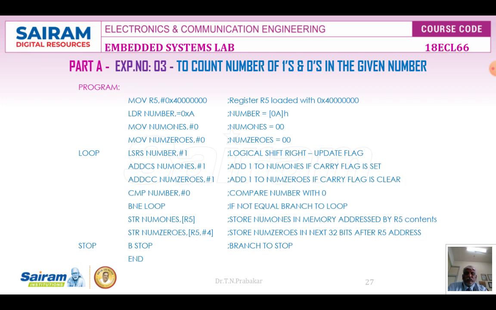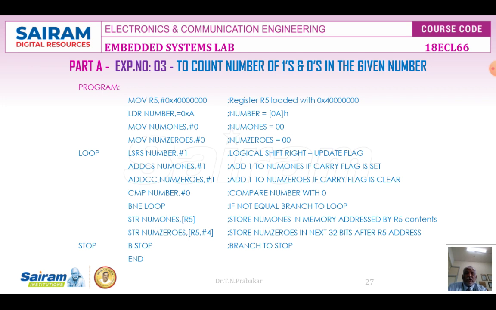And once this 1 bit is shifted, we will just check whether all the values are zeros or not. Suppose the value is not 0, then there are some more 1s or zeros present. So I have to go back to the loop by shifting another bit, and I will be checking whether the next bit is going to be 1 or 0. Once this loop is over, the system will come out of the loop whenever the number becomes 0. That is, all the 8 bits are shifted.